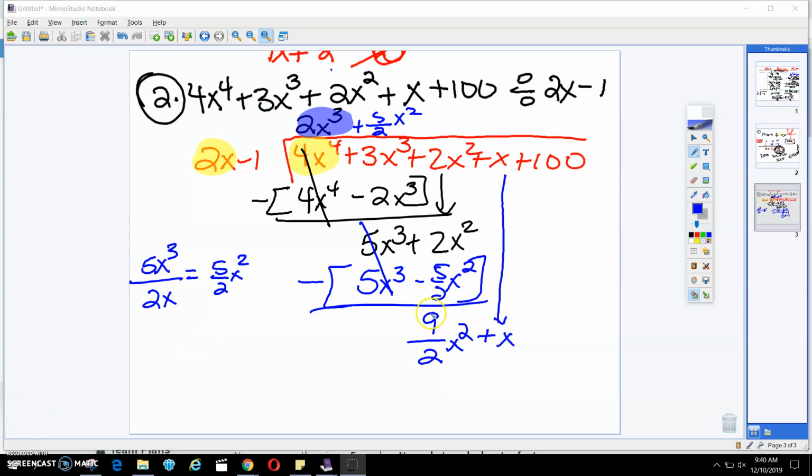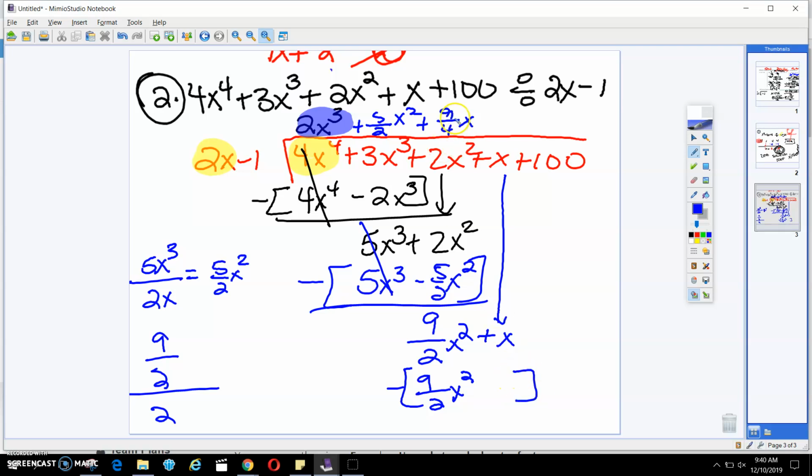Now we're going to repeat that process. So you have 9 halves x squared, and you're going to divide it by 2x. So you have 9 halves, and we're dividing it by 2. You're really taking 4.5 and dividing it by 2. So that's going to give me 9 over 4 x. When I multiply this back out, I'm going to get 9 halves x squared. Over here, I'm going to have negative 9/4 x. When I subtract, these are going to cancel out. I'm going to be left over with 1